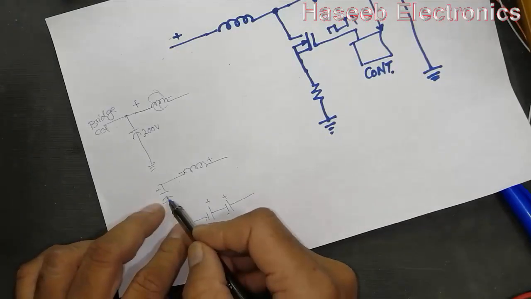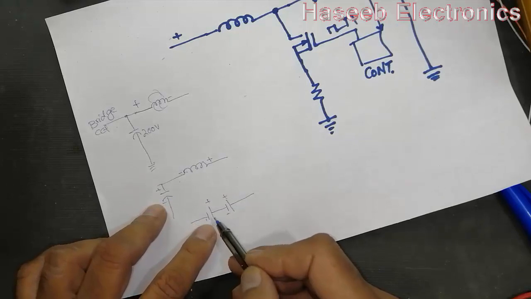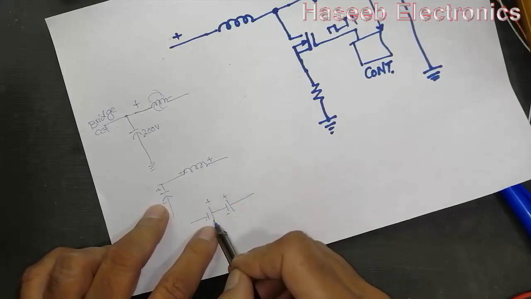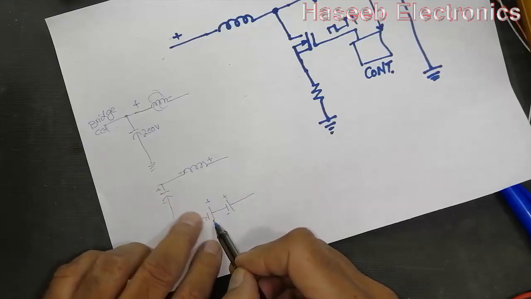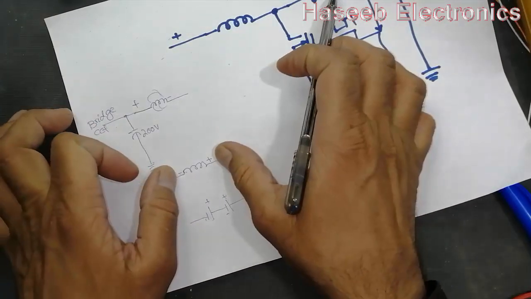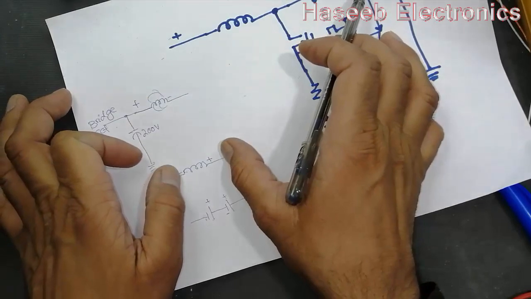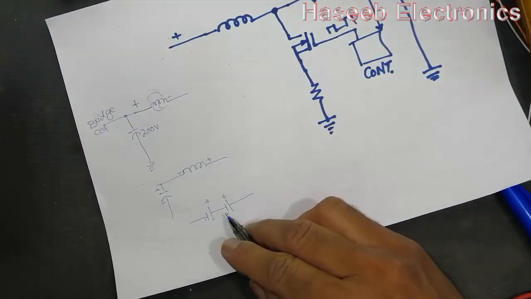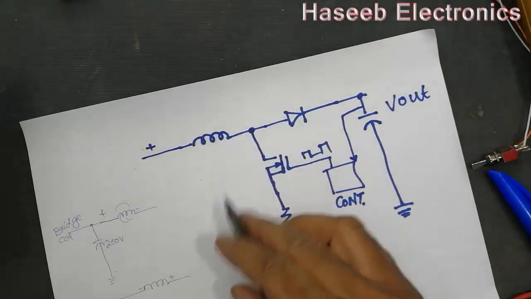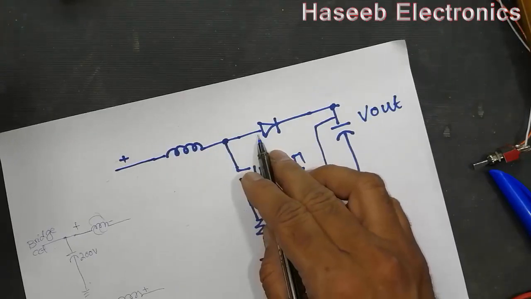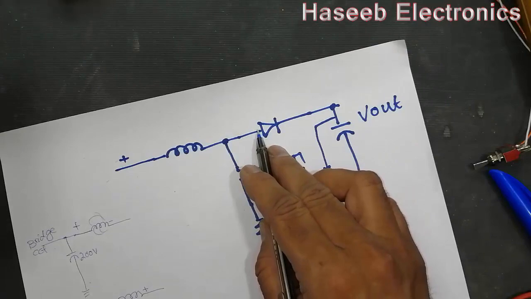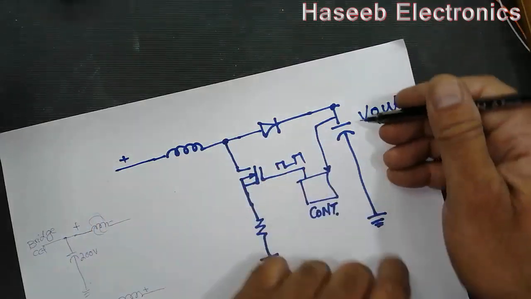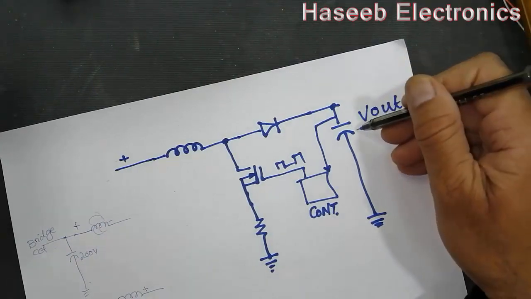assume this capacitor as a battery. Now two batteries are in series. One battery is working as a capacitor, the second battery as this inductor. So it is working as a voltage source. When two sources are in series, negative, positive, negative, positive, and when this end is positive, this diode will be forward biased. When it is forward biased, voltage will be pumped into this capacitor, and this capacitor will charge